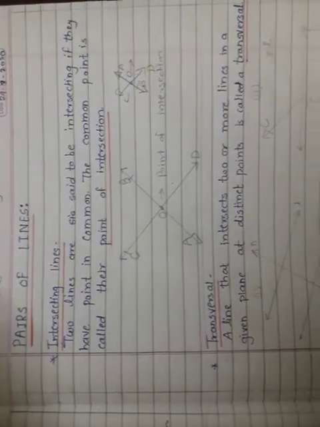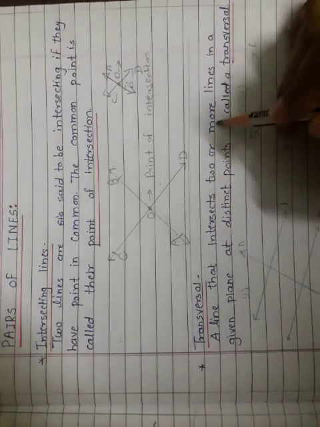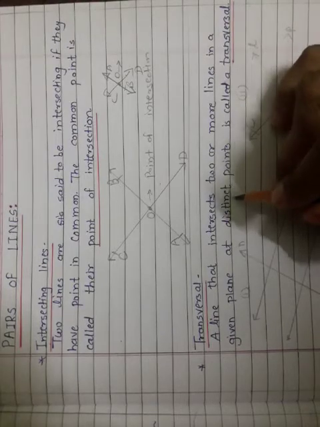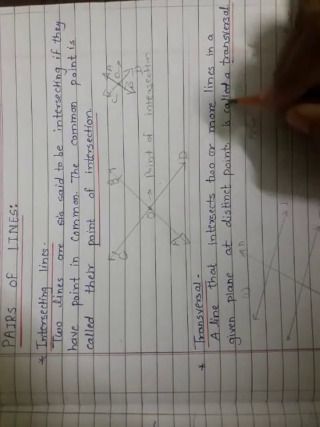Now the next point is transversal. A line that intersects two or more lines in a given plane at distinct points. Distinct means what? Two separate points. That is called a transversal. Okay, in this figure see,